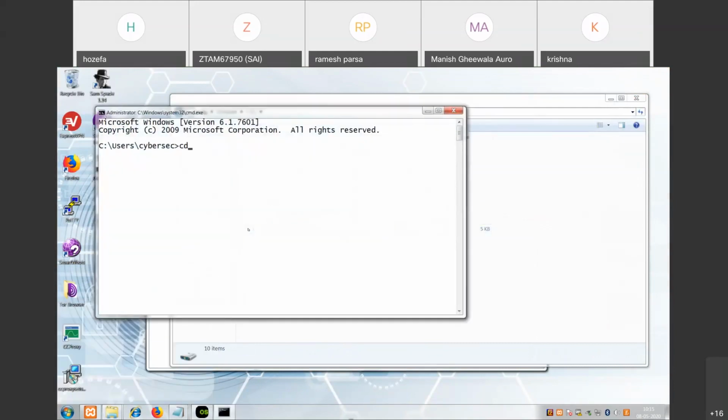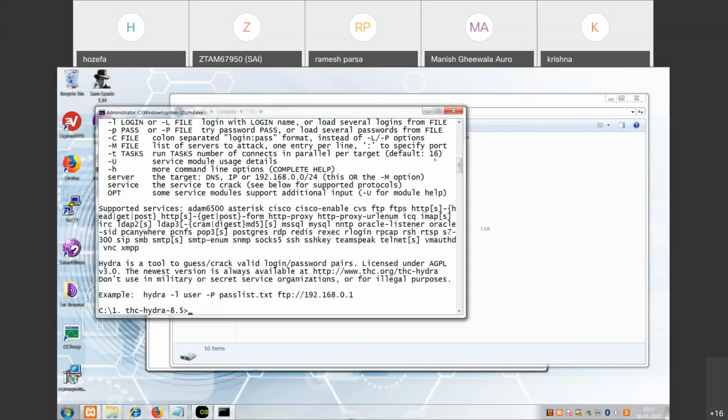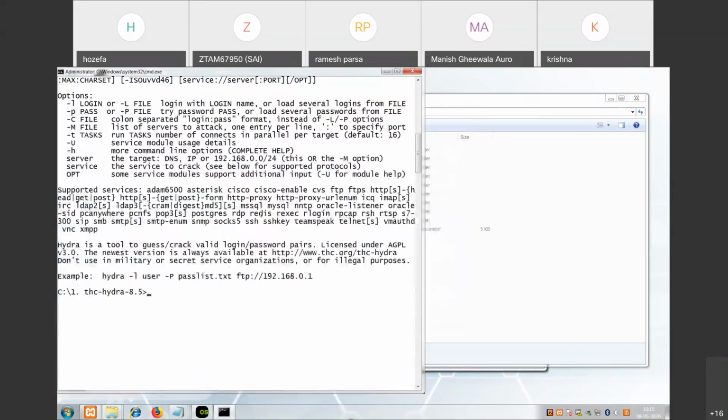I say cd slash Hydra. The software name is Hydra, guys. This is also available on Linux as well as Windows, guys. I'm using Hydra, guys. Now, when you open it, you can see here